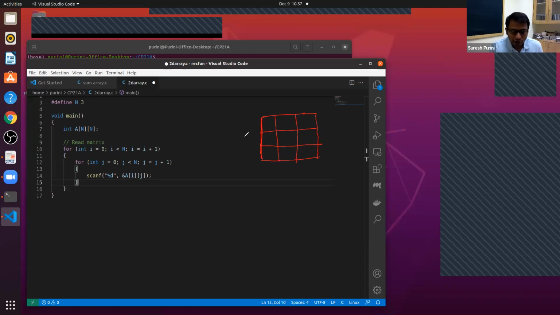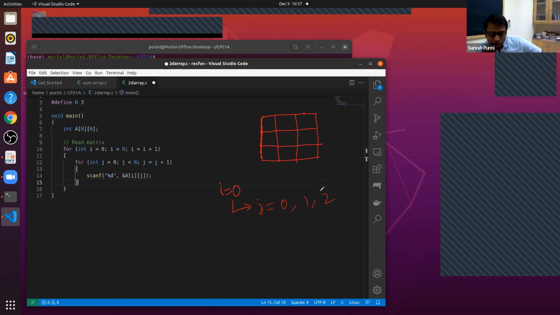So now what happens is for I equal to 0, you set I equal to 0 and you go and execute the body of the loop. Yes or no? Because that's what the for statement says. With I equal to 0, you execute the inner loop for various values of j: 0, 1, 2.